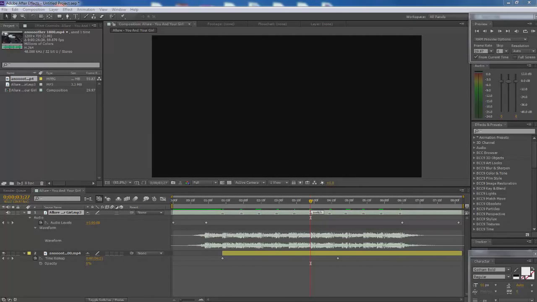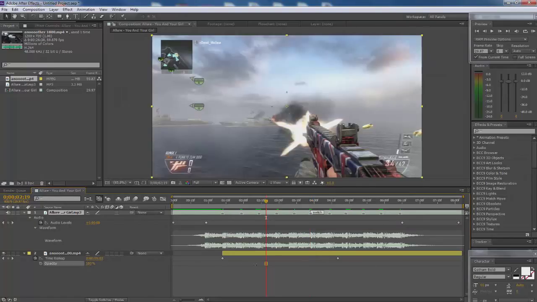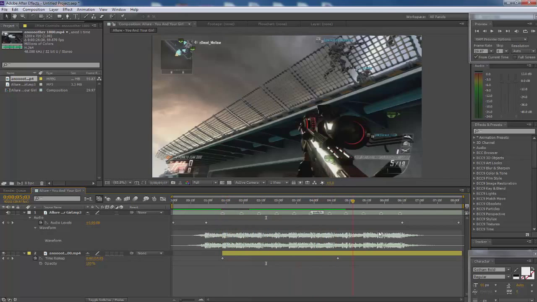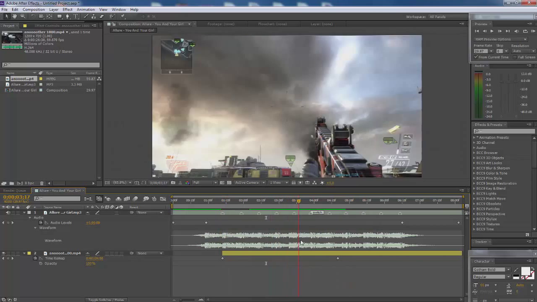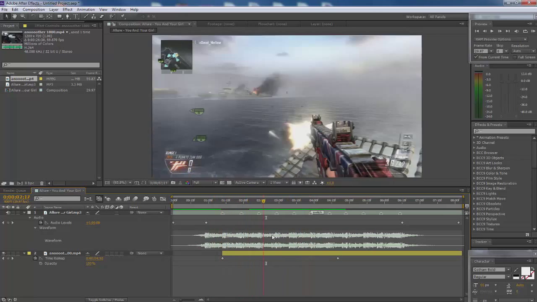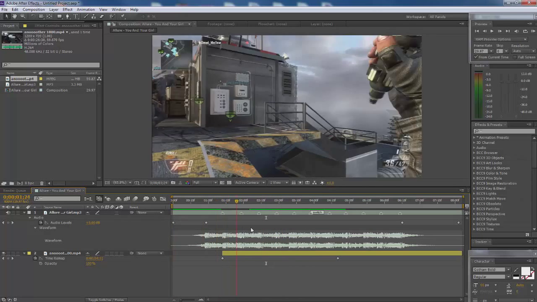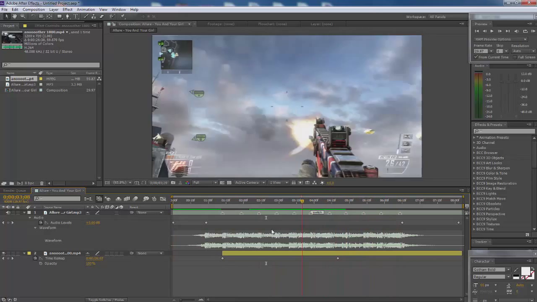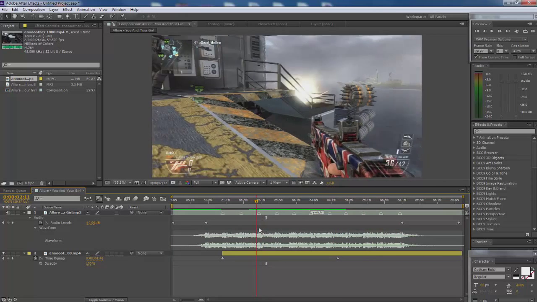Alright guys, so what I have right now is I have just set up my time remap and Twixtor tutorial. I'm going to be using time remap as my syncing method for this edit. It really doesn't matter what kind of syncing method you use, but I'm just going to sync my clip right here. I just have a part of a song picked out, and I'll put on screen as soon as I'm finished talking what we're going to be doing in this edit today, and then we're just going to add the